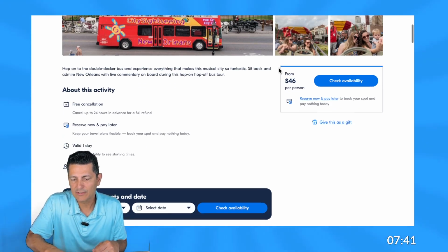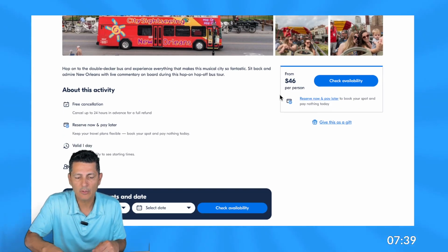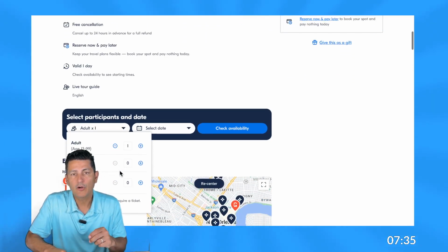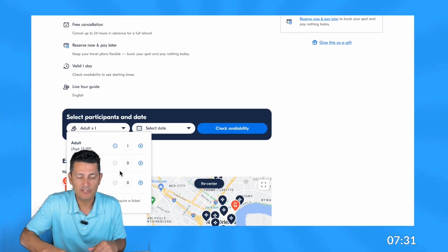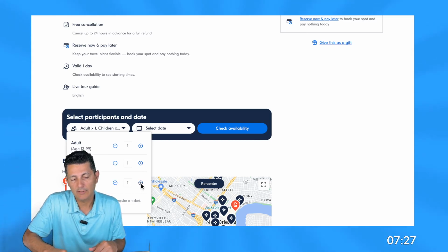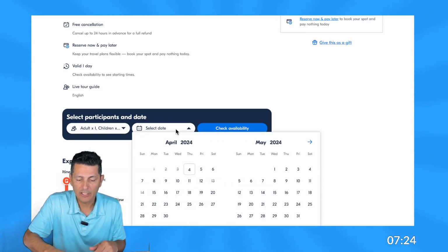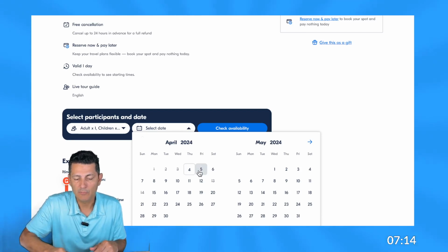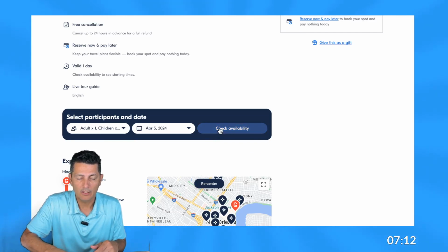Now the next thing I do is I glance over at $46 per person, and then I just kind of fill this out to see what they're offering at price points per age of the visitor. So in this case, you have infant, child, and adult. And now I'm going to click here to see if there's any prices that are different. You'll see a little percentage price point if it's different between weekday, weekend, and then you want to make sure that it's offered every day. So we'll just pick tomorrow, and then we will check